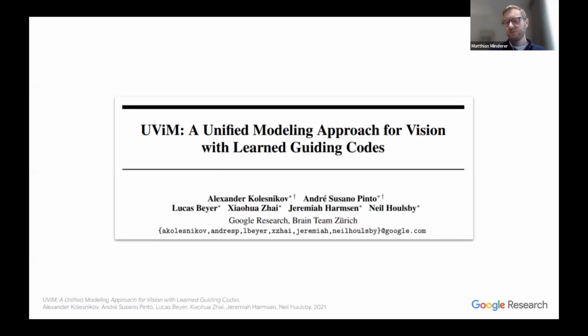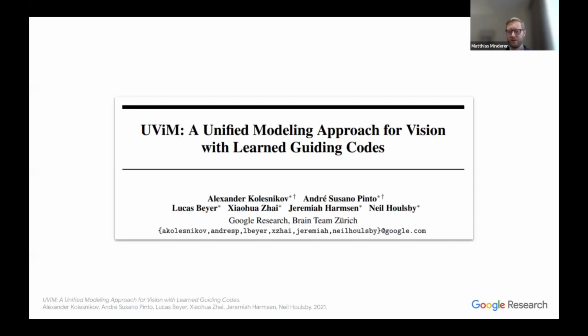Okay, so this was now specifically about object detection and how to build a very general and simple model for that. But now I'm going to talk about a second work that goes even further and aims to build a unified modeling approach for all of these structured high-dimensional image tasks that go beyond image level classification or things like that. This is called UViM and work by some other colleagues in Zurich, like Alexander Kolesnikov, Andre Pinto, Lucas Bayer,